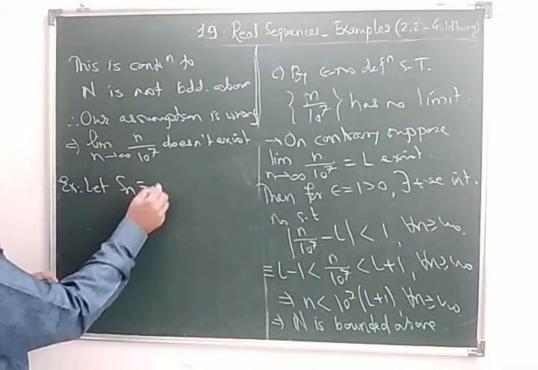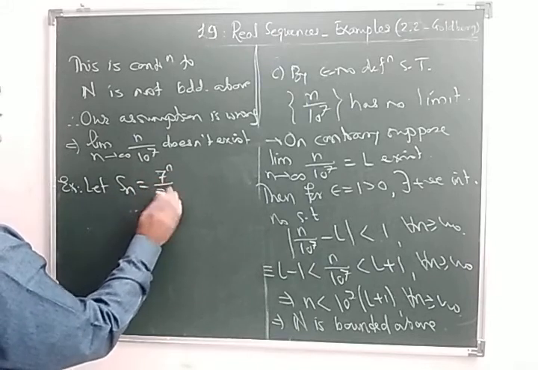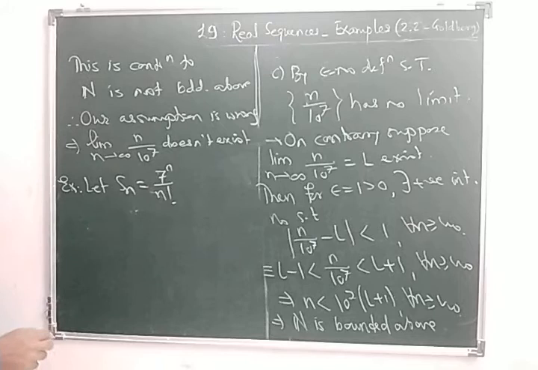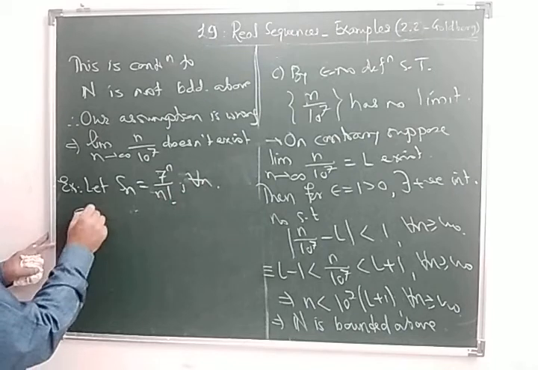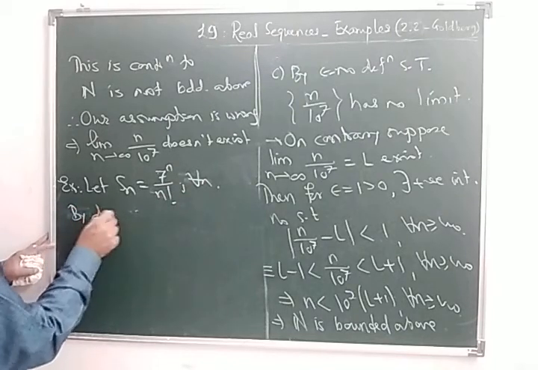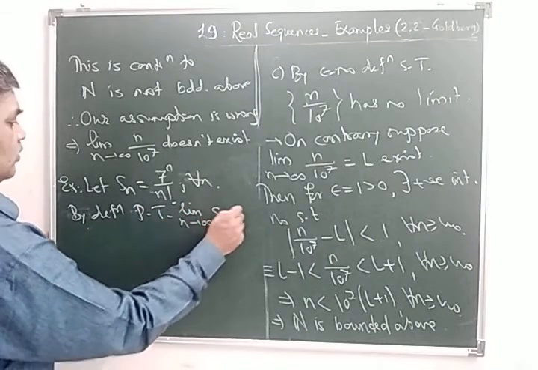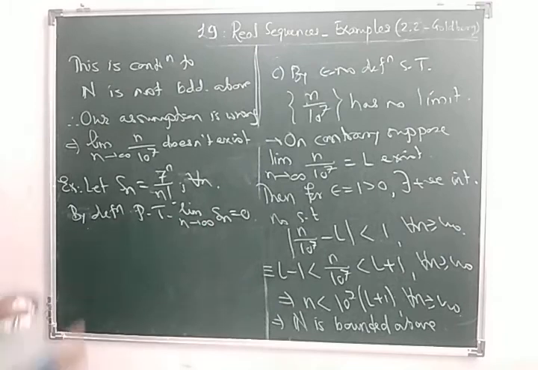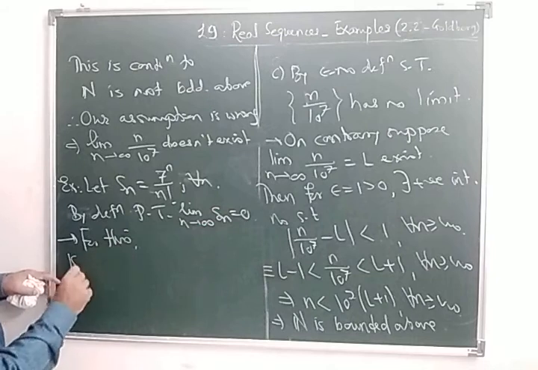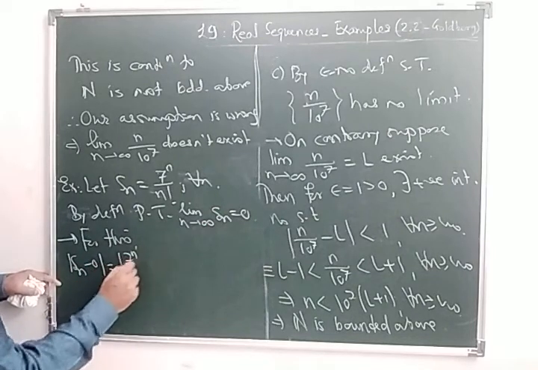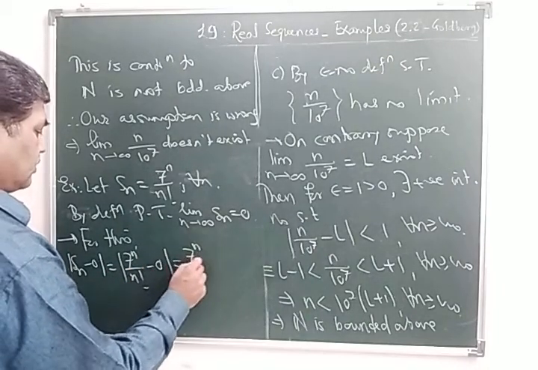Let Sn be equal to, say, I'll take 7 raised to n upon n factorial, for every n. By definition, prove that the limit as n tends to infinity of Sn is 0. So for this, mod of Sn minus 0, which is nothing but mod of 7 raised to n upon n factorial minus 0, is equal to 7 raised to n upon n factorial,